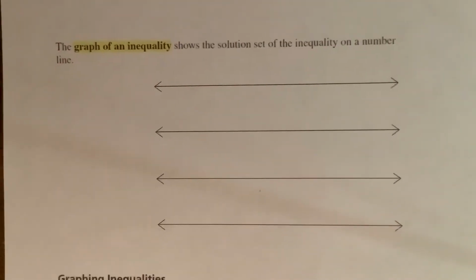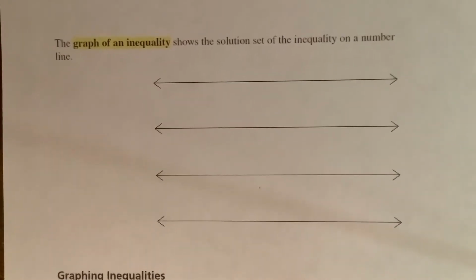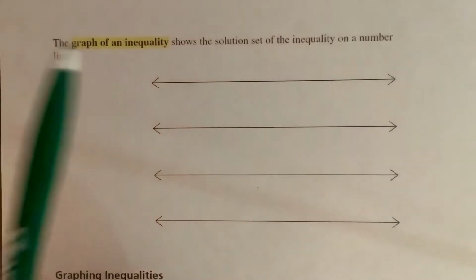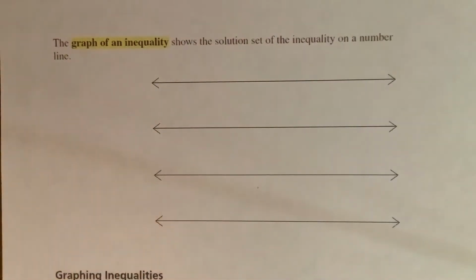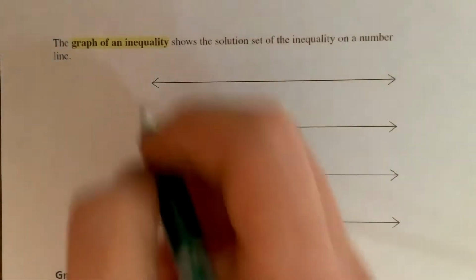All right, so now we want to talk a little bit about graphing the solution to an inequality. The graph of an inequality shows the solution set of the inequality on a number line. We will get into graphing inequalities on a coordinate plane later, but for right now, we're just graphing single variable, single answer solutions on a straight number line. So if I had an inequality solution like x is less than 6,